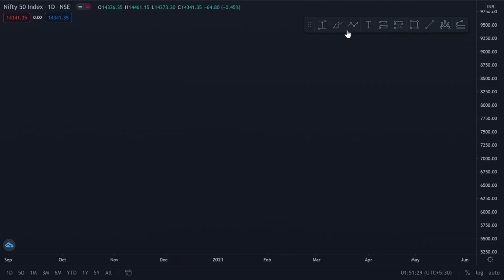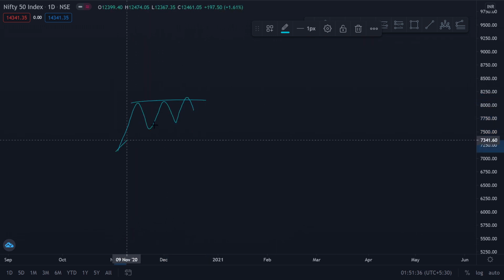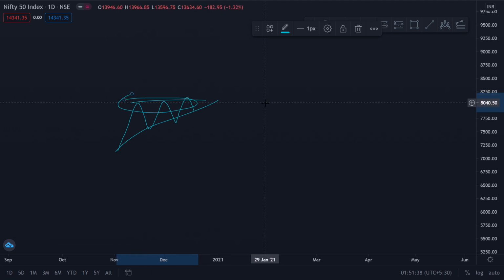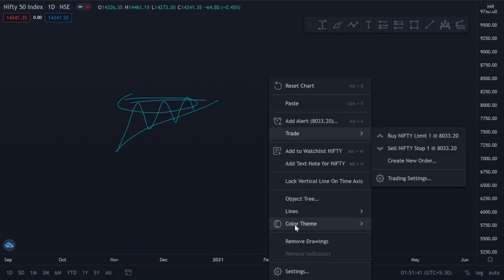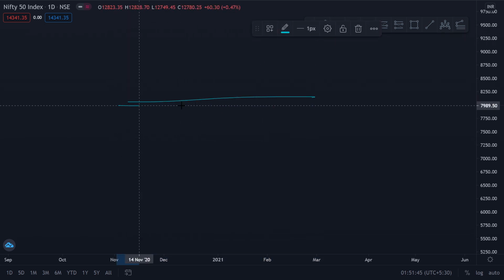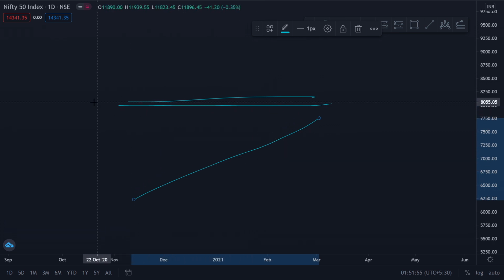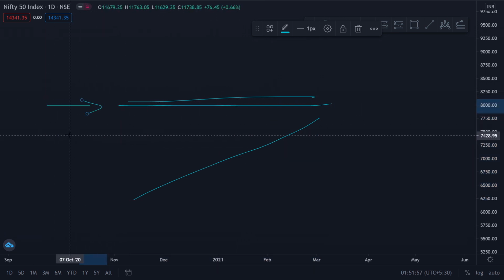a horizontal boundary. Now when I say an ascending triangle, now my ascending triangle looks somewhat like this. Now this is my horizontal boundary right here. So the advantage of this horizontal boundary is, when a stock is forming a horizontal boundary, more and more traders start observing that level. So I trade on chart patterns, so I see a symmetrical triangle forming. Some other trader, suppose, looks at the resistance level, so he is waiting for the resistance to break so that he can trade on the resistance breakout.